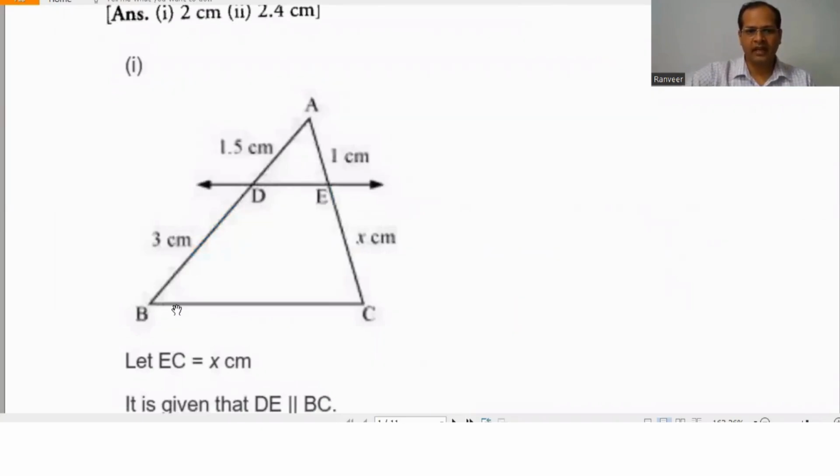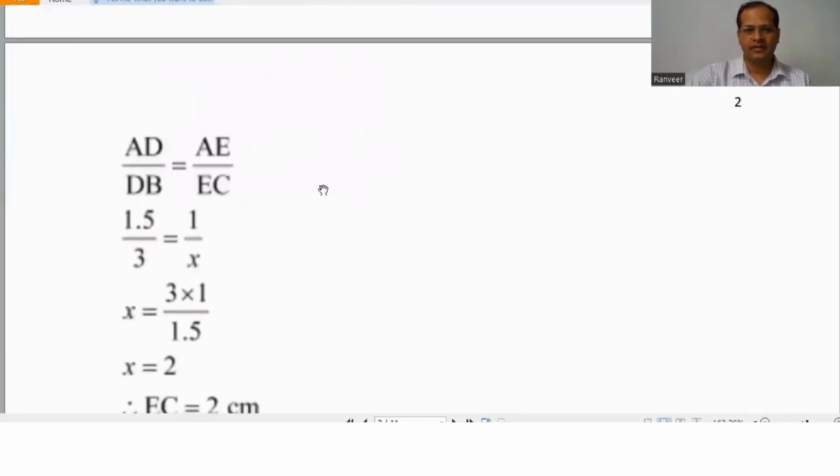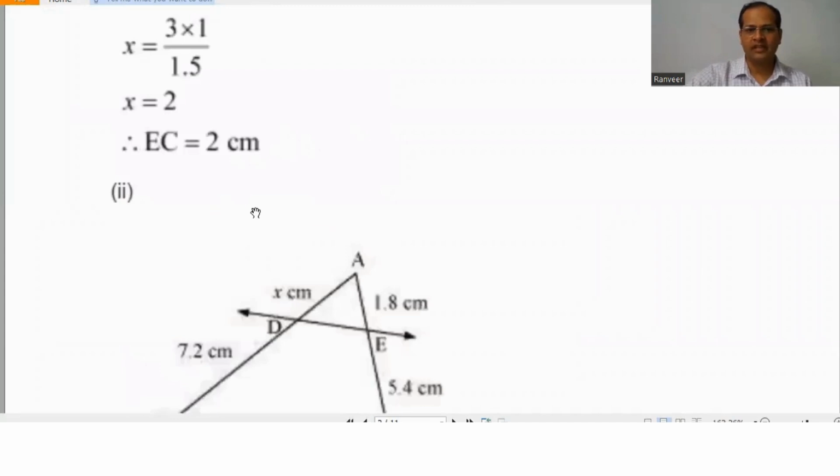So AD by DB equals AE by EC. What value do we have to find out? We just take it as X. So 1.5 divided by 3 equals 1 by X, because DE is parallel to BC. After doing the calculation, X equals 2 centimeter. Similarly, in the second figure,